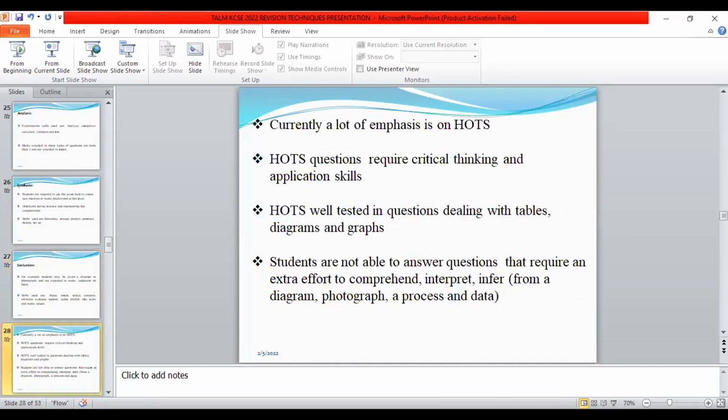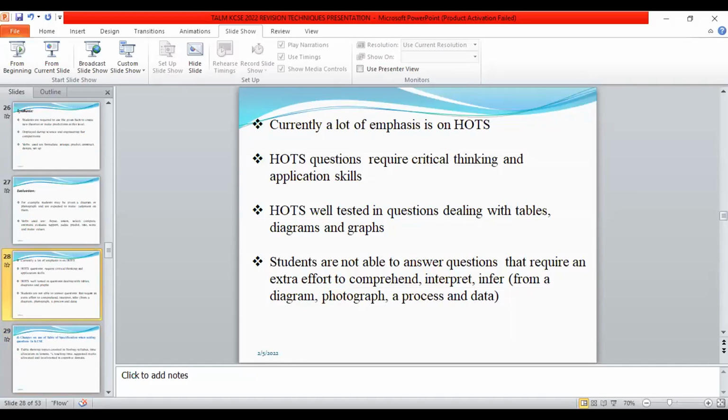When you look at that observation, we shall see how those levels have been used in setting medium questions. There have been some changes in the use of the table of specification when setting questions in KCSE. We are aware of what a table of specification is. This is a table that shows the topics covered in the biology syllabus, the time allocated to those various topics in terms of lessons, the percentage time, the suggested marks allocated, and the levels tested in the cognitive domain.